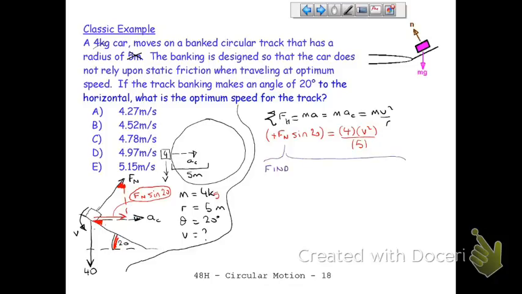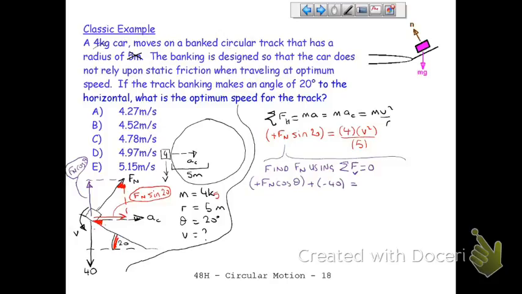Find Fn using, well, I've used the horizontal method, so we're going to say the sum of the forces equals 0 vertically. I used horizontal, so look vertically. I look vertically and I go, well, hold on. There's my vertical component of Fn, and this is Fn cosine theta. And this is 40. So I say plus Fn cosine theta added to minus 40